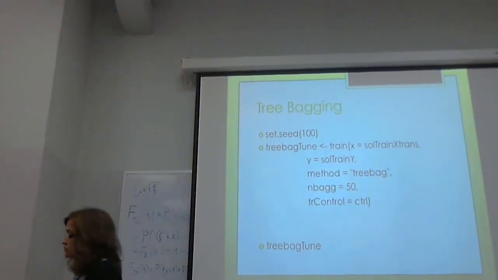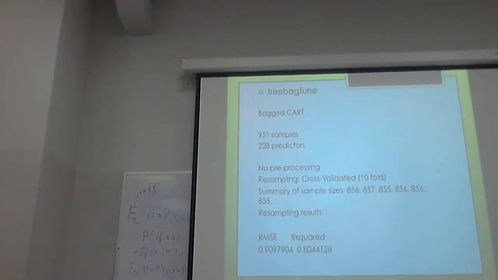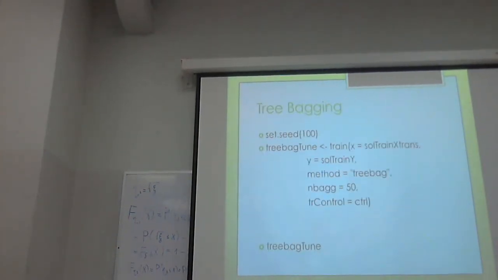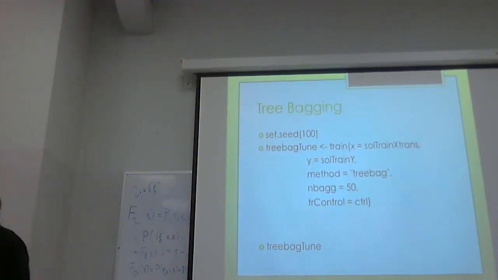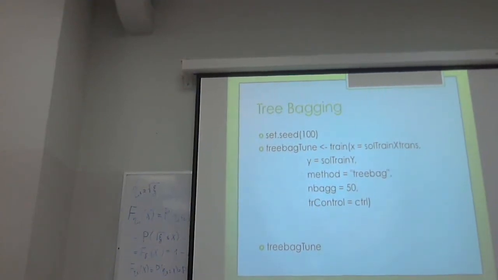But it would be interesting to see what the model says. Again, cross-validated only one value of RMSE and one R squared is given because the method doesn't have tuning parameters. If the number of trees is not a tuning parameter, you have to provide it explicitly. But then please predict,